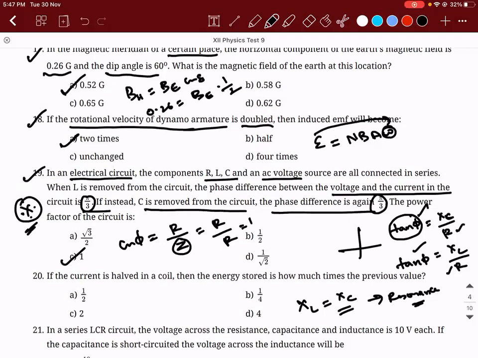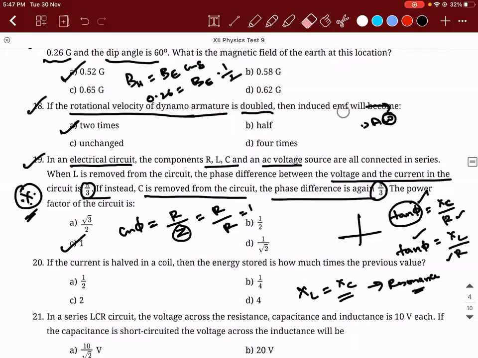So generally the word resonance comes, what are all the keywords they will use? Today I was explaining to someone, they asked, whenever you see the word resonance, what are all the things that come to your mind? The value of current should be maximum. Similarly, XL will be equal to XC. Impedance should be minimum. And this impedance should be the least. Correct. So these are all the keywords, guys, and this is something new.